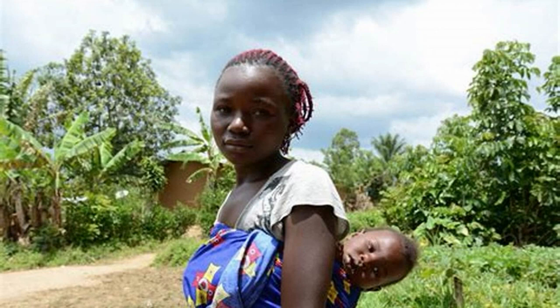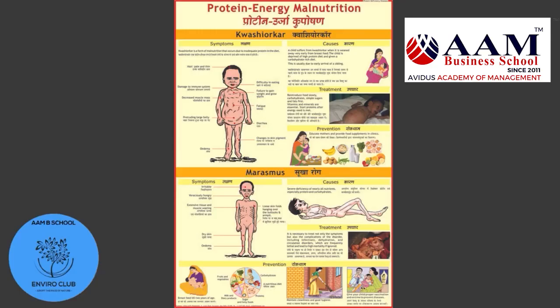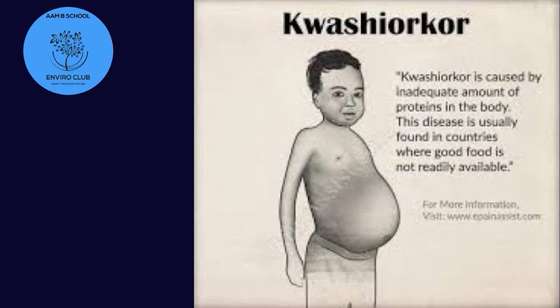Do you know? The main difference between them is that kwashiorkor is predominantly a protein deficiency, while marasmus is a deficiency of all macronutrients: protein, carbohydrates, and fats. Causes of kwashiorkor are some conditions that interfere with protein absorption, such as cystic fibrosis, dietary change for management of milk allergies in infants and children, diets that are low in protein, such as a vegetarian diet, drought or famine, and infections that interfere with protein absorption.